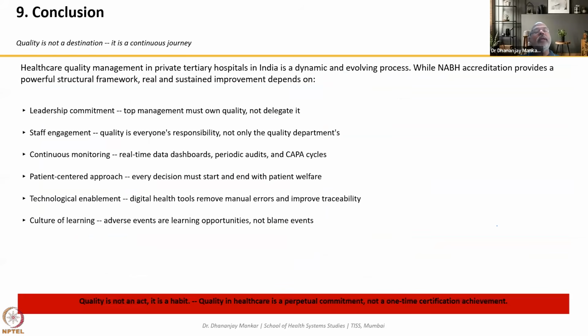In conclusion, I want to say that quality is not a destination. Ideally speaking, quality should be a continuous pathway, and in healthcare, especially, we have discussed today a private hospital, a tertiary care and very big hospital. You find that a hospital has evolved and invested. But in India, hospitals are going through an evolving phase. A lot of transformation is being seen with the increasing burden of infectious disease, and in addition, Indian hospitals are facing a load of non-communicable disease also. Okay.